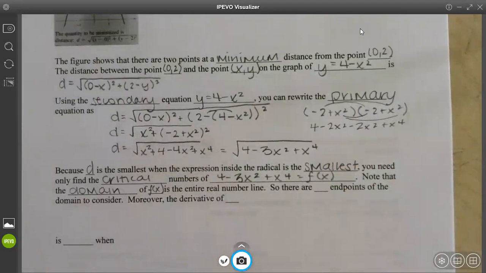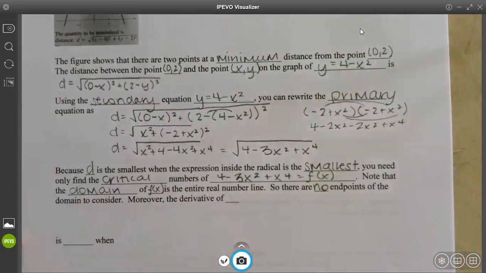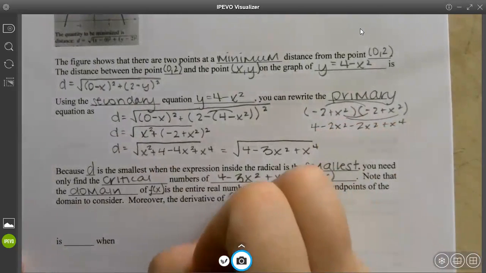Why is it the entire real number line? Because we're talking about a function and the coordinates can be either positive or negative, it doesn't matter, right? Everybody understand that? So your distance can be that way as well. So there are no endpoints of the domain to consider. So we wouldn't try to plug in negative to positive infinity. Okay. Moreover, the derivative of f